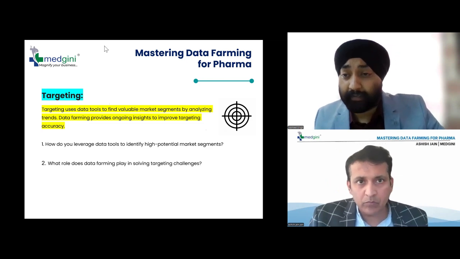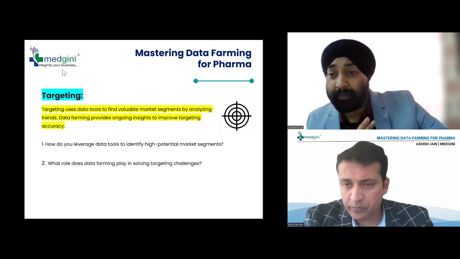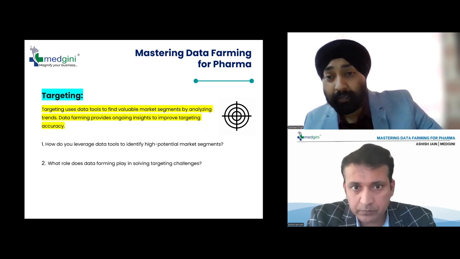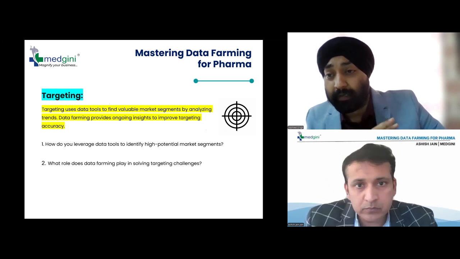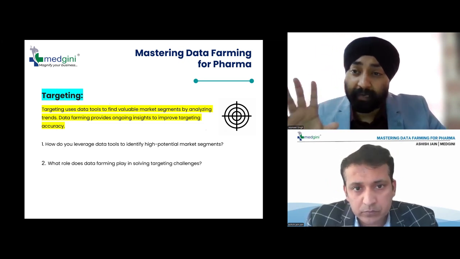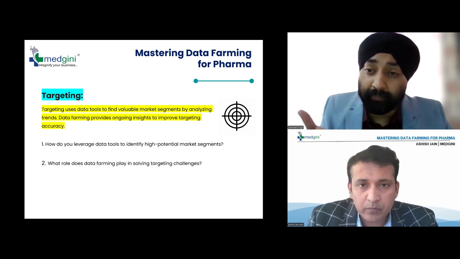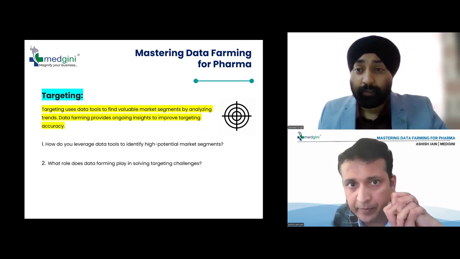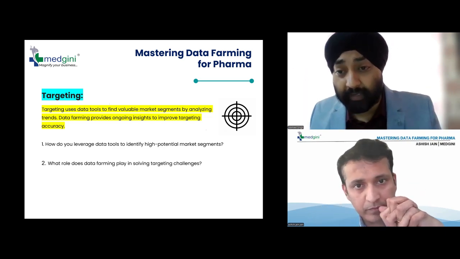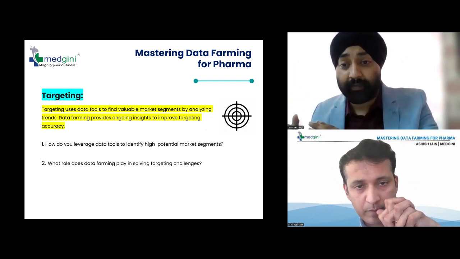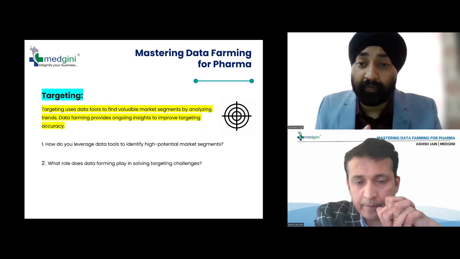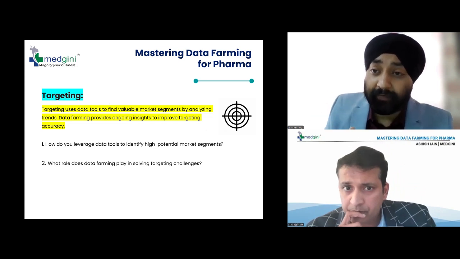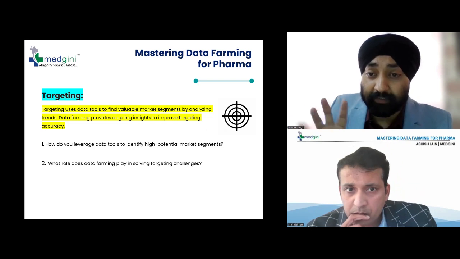With this data interpretation, identifying the right soil, maybe getting into internal and external data analysis, right? Doing the GDP analysis, or maybe some market data analysis, prescription data, prescriber data. Today we are getting e-pharmacies data. Today we are getting EMR data, electronic medical records data. So today there is an abundance of data which is available, and the market dynamics are changing rapidly. Consumer behavior is evolving with the speed of light, right? So we need to catch that pace. We need to identify what are the trending areas in the market which are happening right now,